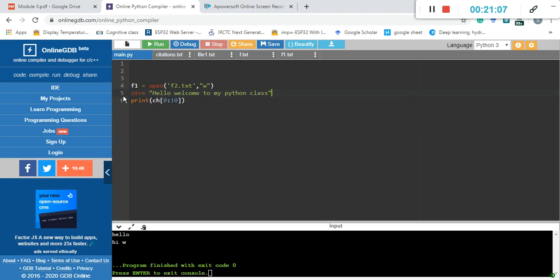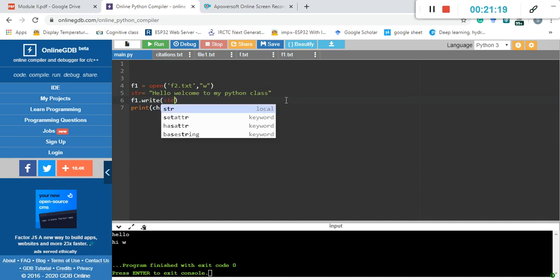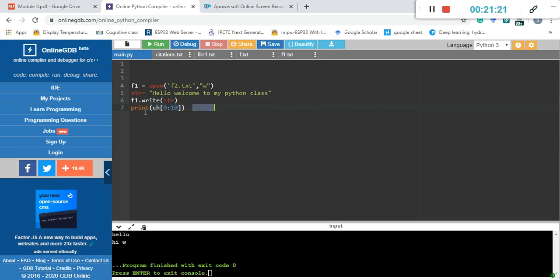This has to be written into the file. So how do you do that? f1.write, and inside the write you give str. Now we will run this file and see if there are any errors.